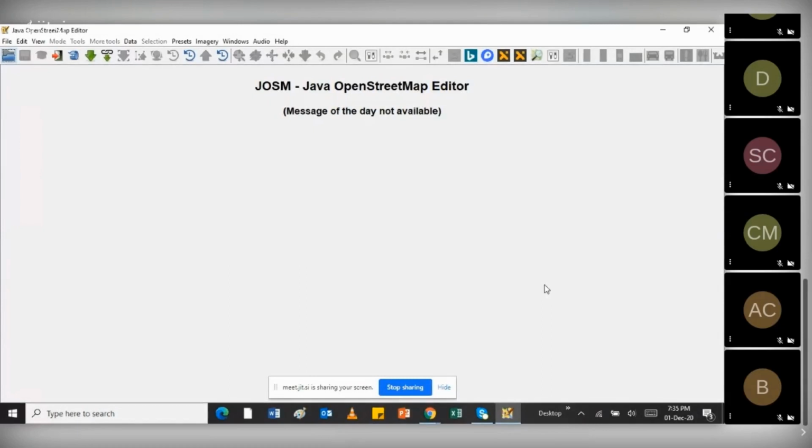As Laura had mentioned, she just shared a link to download the software. Maybe in between the session I can have a chance to download the software, and once you run it, I'll do a demo of basic editing using the tool. She also mentioned there will be slides shared that will have more notes on how to use the software.